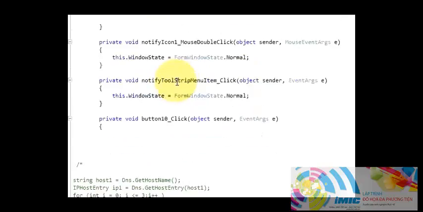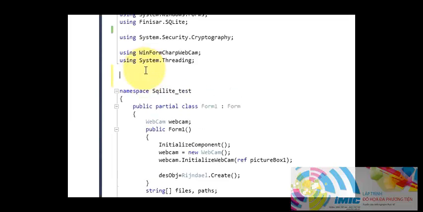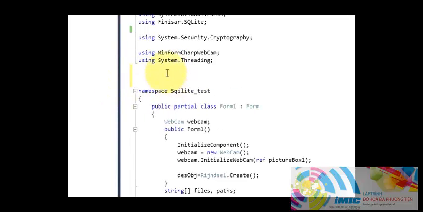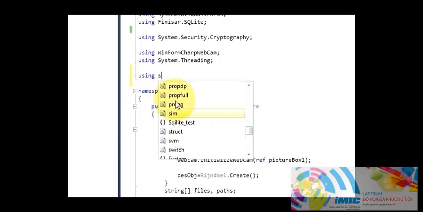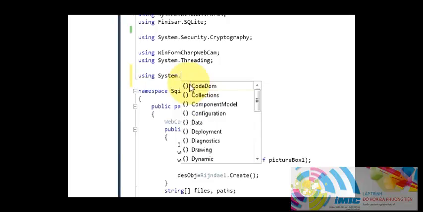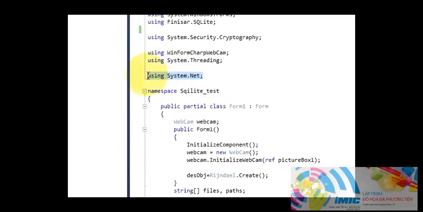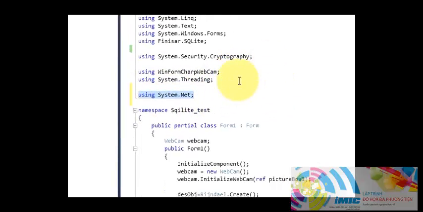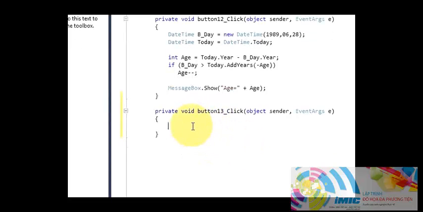But first of all I will go at the top and add some namespace here to obtain my IP. So write using System.Net. This namespace we are going to use in our code, that's why we declare it at the top. Now once again double click this button, and in here you will write your code, and here we